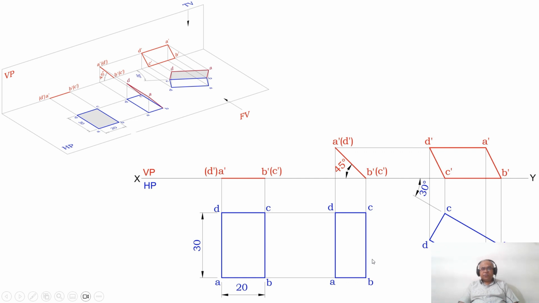And since this is in the true length and the inclination given here is also a true inclination, by using the projections of lines on true inclination line, we need to get the true length. So how to reproduce it? Therefore, you reproduce the same drawing by rotating at an angle of 30 degrees with respect to VP. How to do that? Consider any point and draw a horizontal line. With reference to that point,